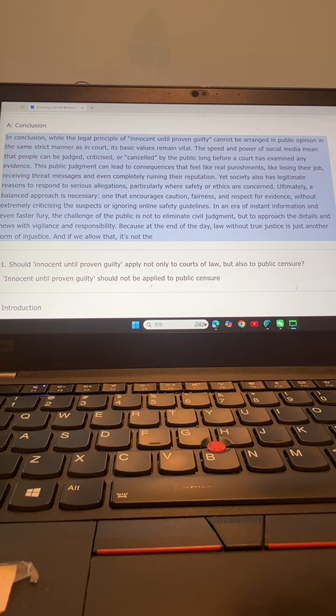Wait, what's the opposite of perpetrator? Sorry, can you repeat the question? What's the opposite of perpetrator? Perpetrator. I think